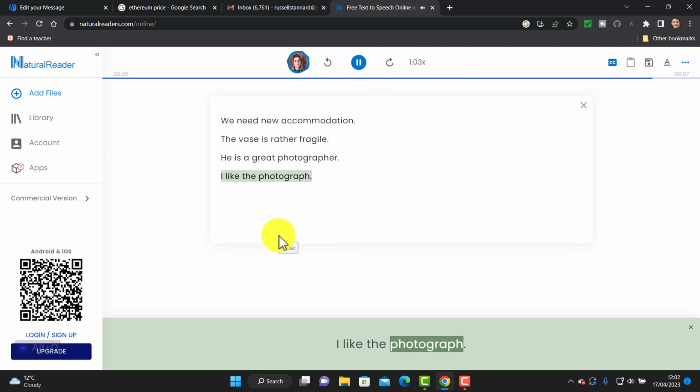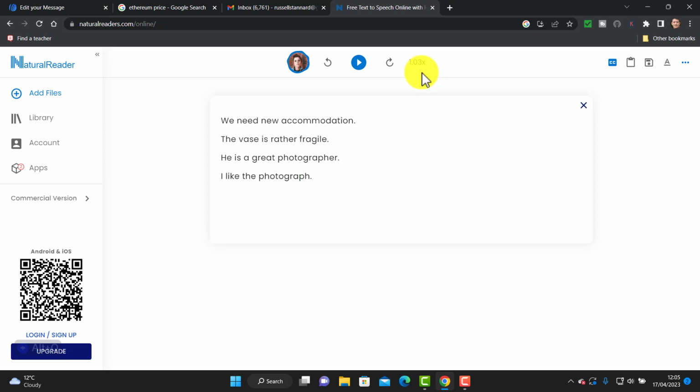I like the photograph. So what we're going to do is we're going to look at how you can combine